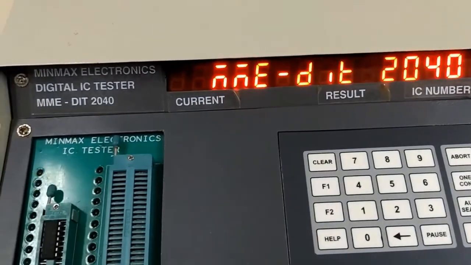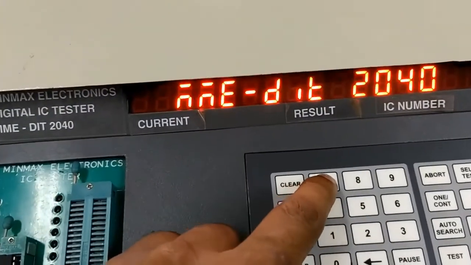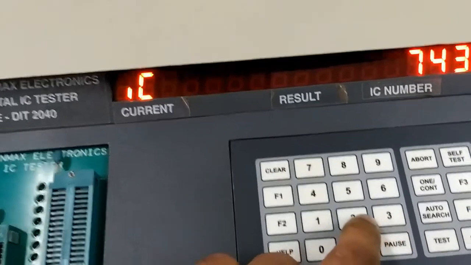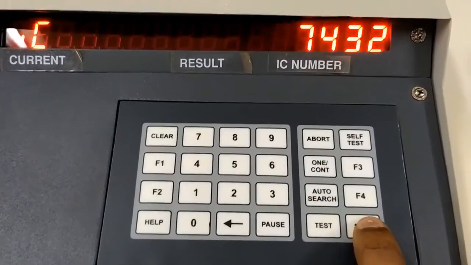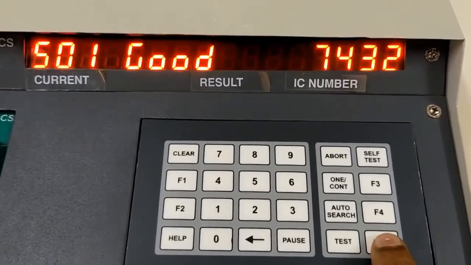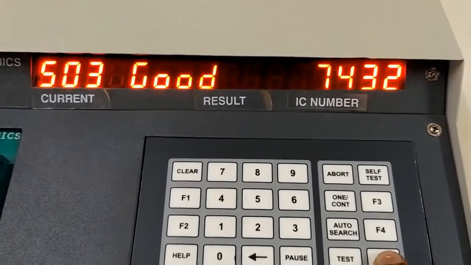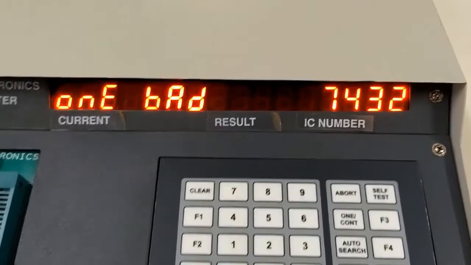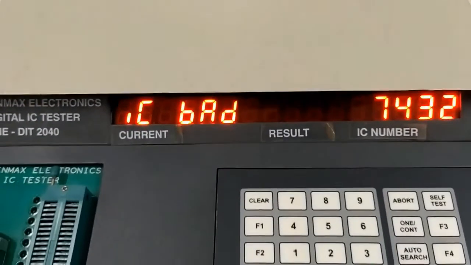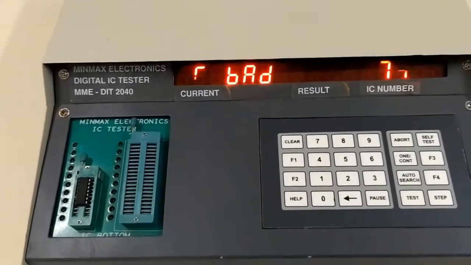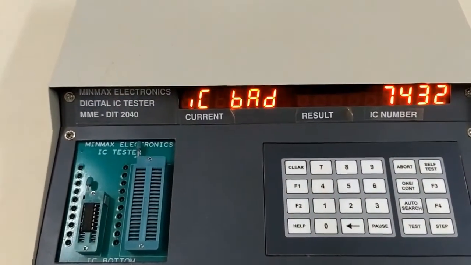I'll place 7432 and I'll check 7432. Now I'll go with the testing. It says first gate is good, second one is bad, third one is good, fourth one is bad. Or you can go with the single step testing process. So this is how you are going to test your ICs.